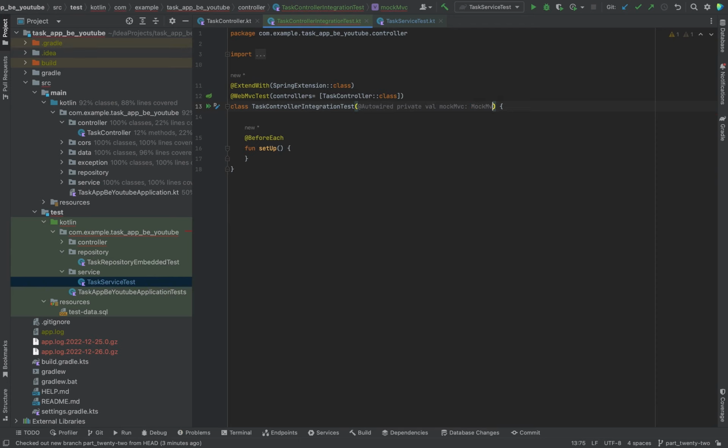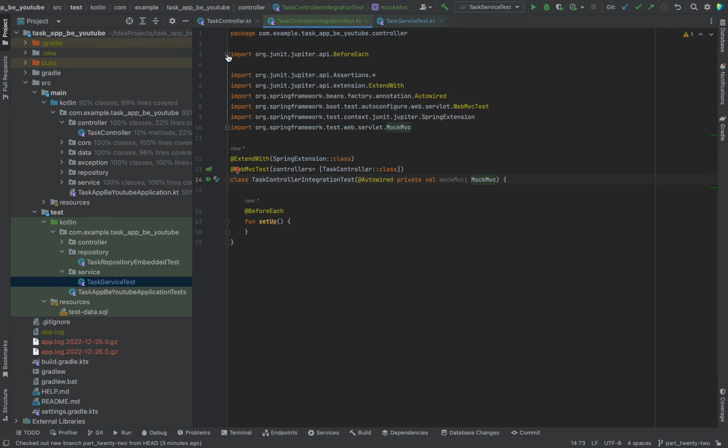This is wrong, it should be like this. Yeah, that should be it, hopefully. I think I need to import it. Yes, I need to import it. So basically, this annotation here,